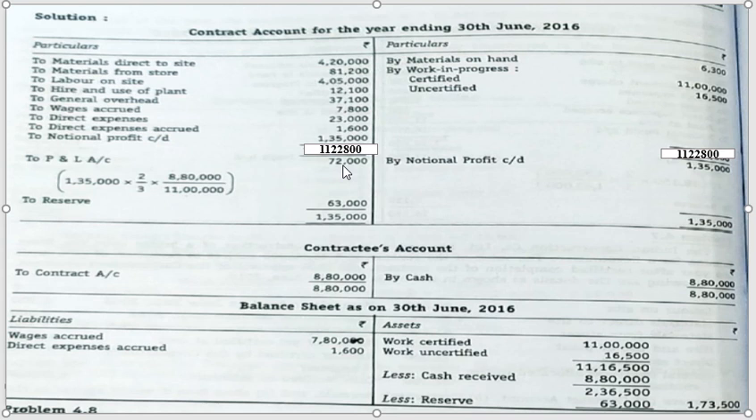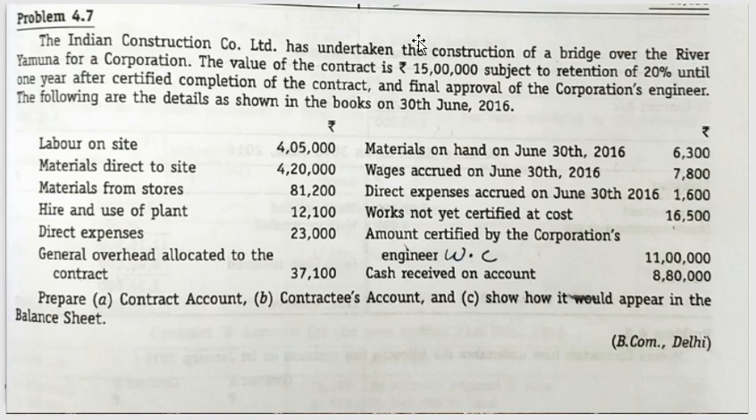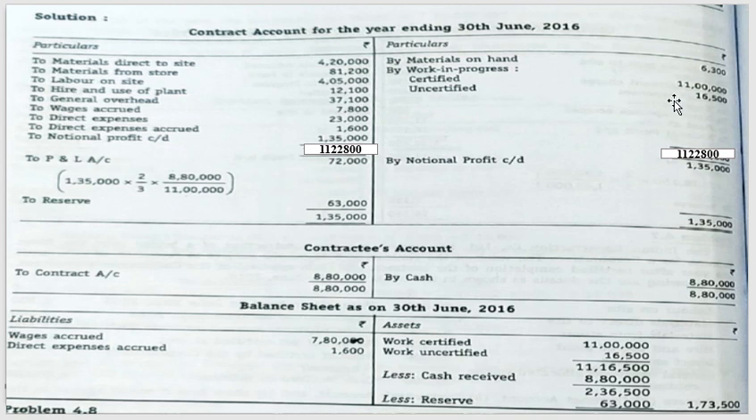To calculate the percentage of work completed, the formula is work certified divided by contract price. Your work certified is 11 lakh. The contract price is mentioned in the question: 15 lakh, subject to retention of 20% until 1 year after certified completion of the contract. So the value of the contract price is 15 lakh. So work certified, 11 lakh, divided by 15 lakh,